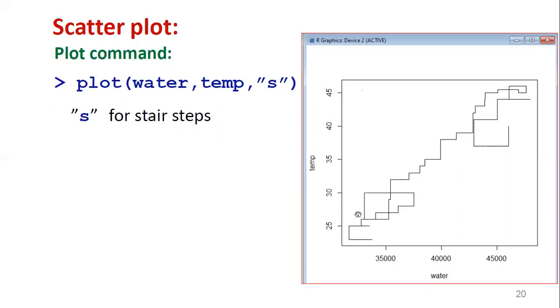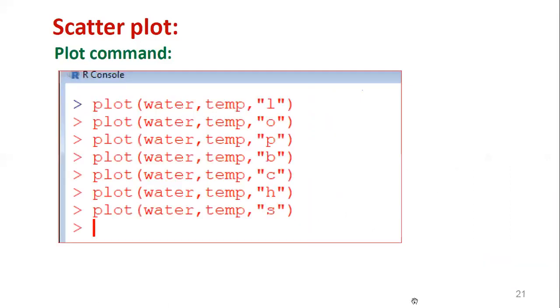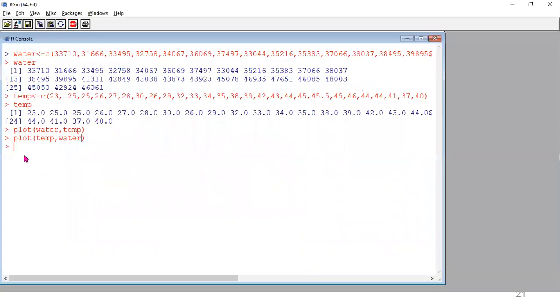So the values are same, only the graph shape is changed according to the type you are giving. Now, these are all the respective commands: line, overplotted, points, both, then C, then histogram type, then staircases. So now we will also demonstrate all this. Now we will observe the outputs.